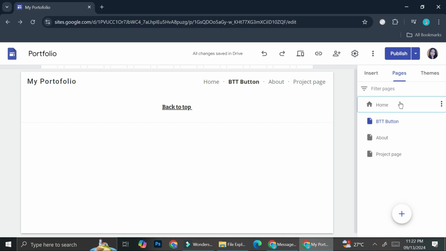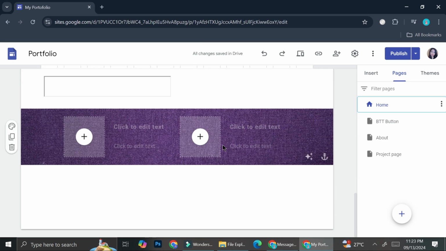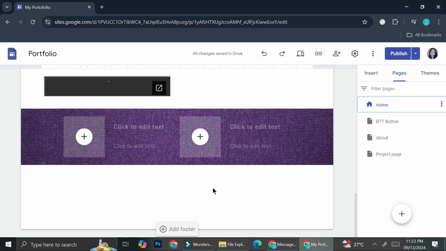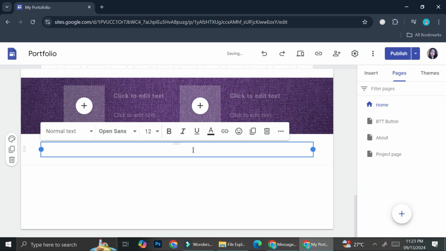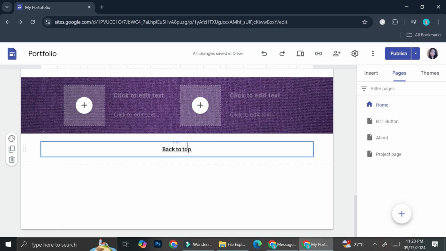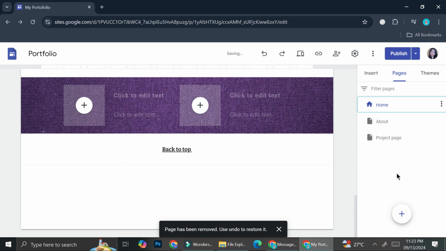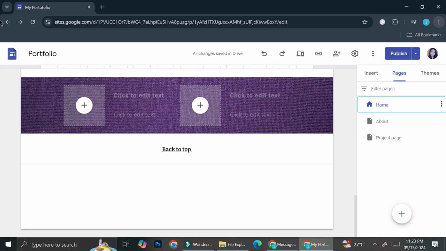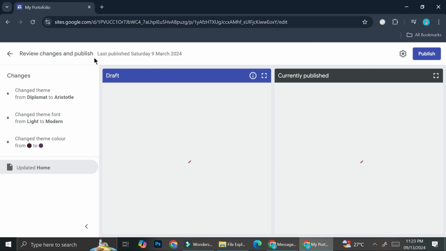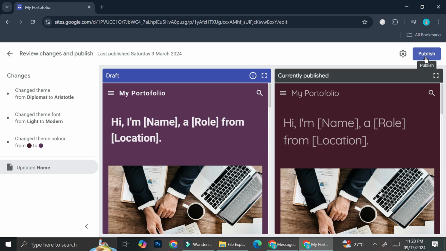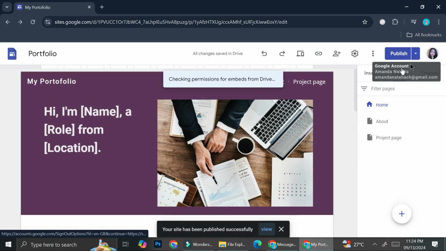And then we're going to go to our home right here, scroll all the way down, and this is currently the very bottom of my home page. And then I'm going to go ahead and double click again here, click on text, and I'm going to paste our text like so. Now once we got it copied over here, we're going to go ahead and delete this page so that it's not going to be visible on our website. So we're going to go ahead and click on publish now, and they're going to give us the changes that we have made. And all we have to do is click on publish,